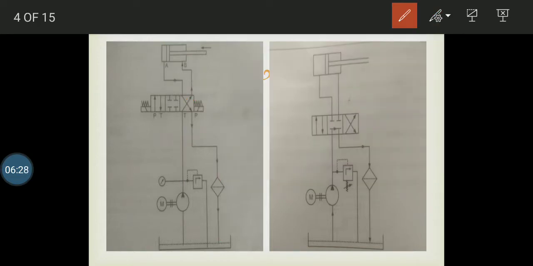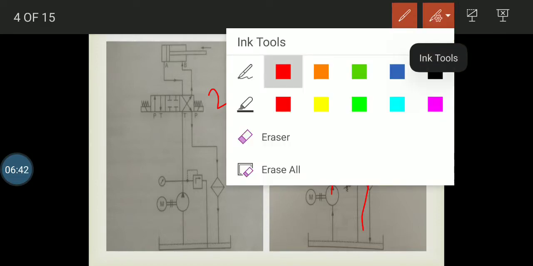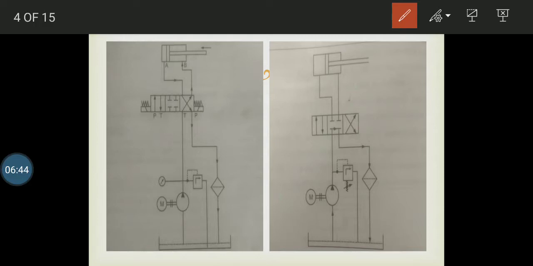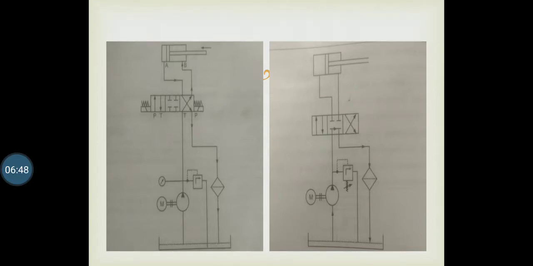This is section number 2. Section number 3 is completely closed, so the fluid moving inside the DCV returns directly without moving further into the cylinder. This is the direction control of the double acting cylinder.